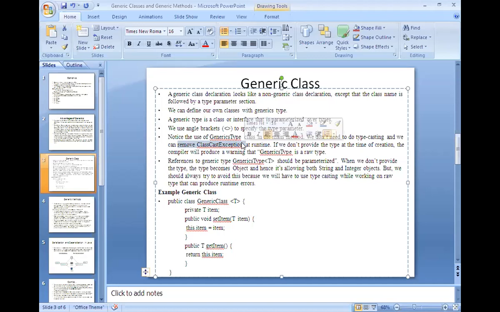But during runtime, it is unable to process that integer value. So that is the reason it generates an error message like a cast exception message, right? And it references the generic type; the generic type should be parameterized. That means this should be present in the case of a generic class or generic method. It should be mandatory. If you did not place it, the system will take care of handling all these unfortunate forgetfulnesses, right?